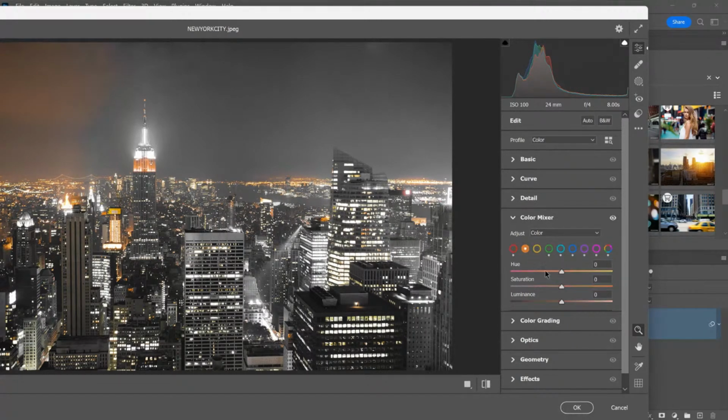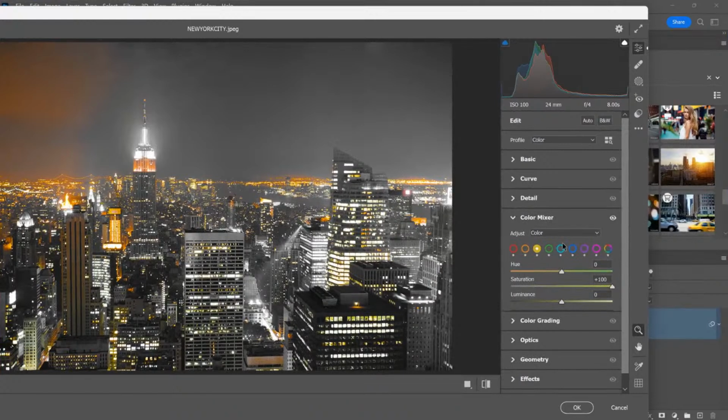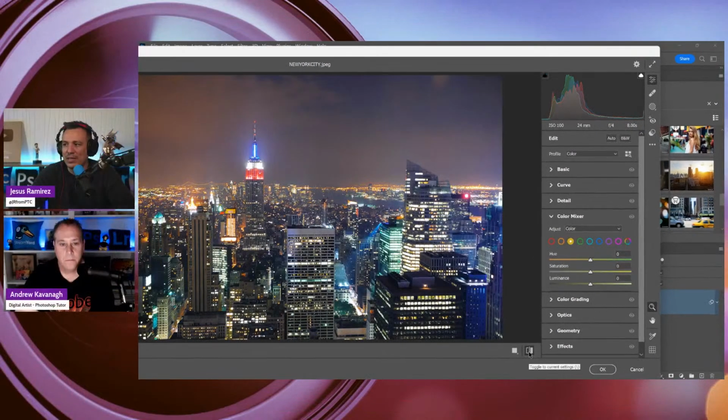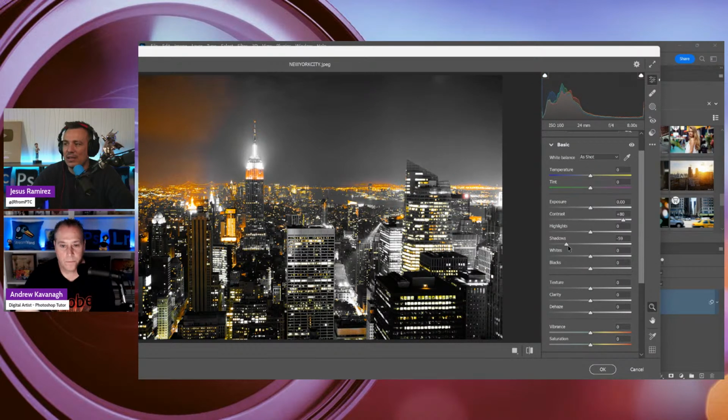But the point is that you can create these effects by using these specific color sliders in the color mixer in Camera Raw. So this is another way in which I would use Camera Raw to apply a creative color correction. And now we have that cool looking effect where everything is black and white except for those specific colors that I chose to keep in color, and maybe add contrast, increase the contrast, reduce the shadows, increase the texture and clarity, just to make this